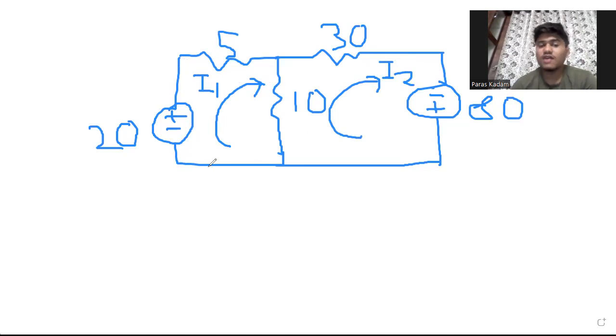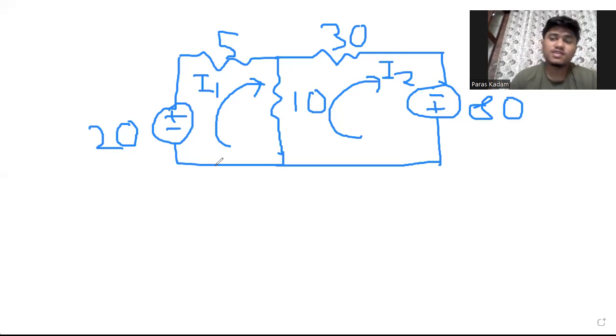So how will I proceed? I will apply KVL. In the last question I applied KVL to only one mesh. Here there are two meshes, so I will apply KVL to both the meshes separately. First I will apply KVL to the first mesh and then to the second mesh. In the first mesh, current flows first through the voltage source, then the 5 ohm resistor, then the 10 ohm resistor. So we will write first 5 I1